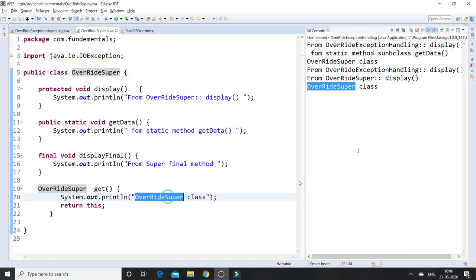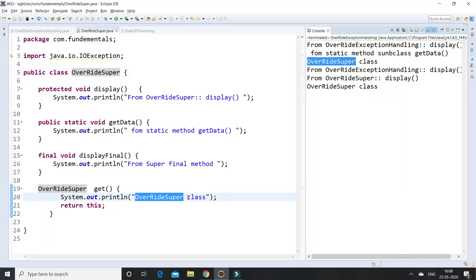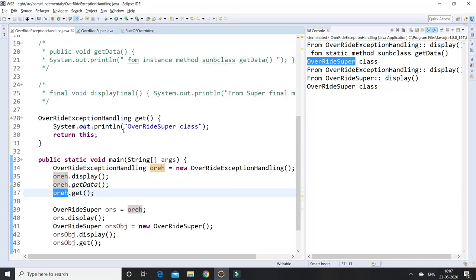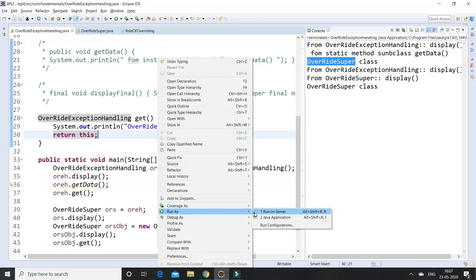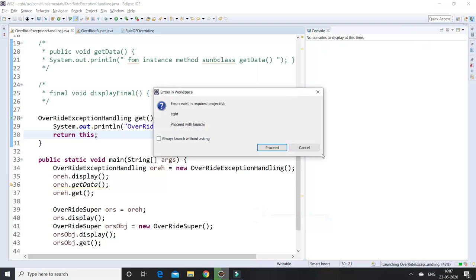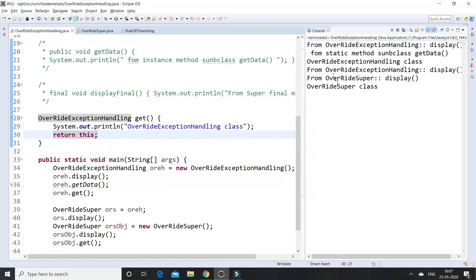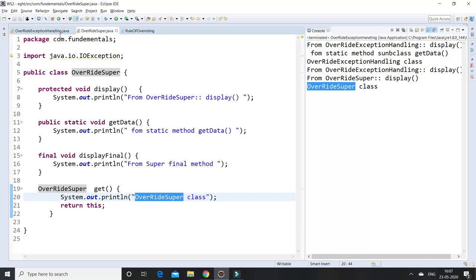Because it is showing 2 times, in the subclass level I am defining the superclass name only, that's why it is showing this. If you replace the overriding superclass with the subclass, then it will come as overriding subclass. Let's run one more time. Let us see whether this is expected. See here, overriding exception class will be called and overriding superclass will be called. You have to remember that if we are not defining it at the class level, we are using it at the interface level.